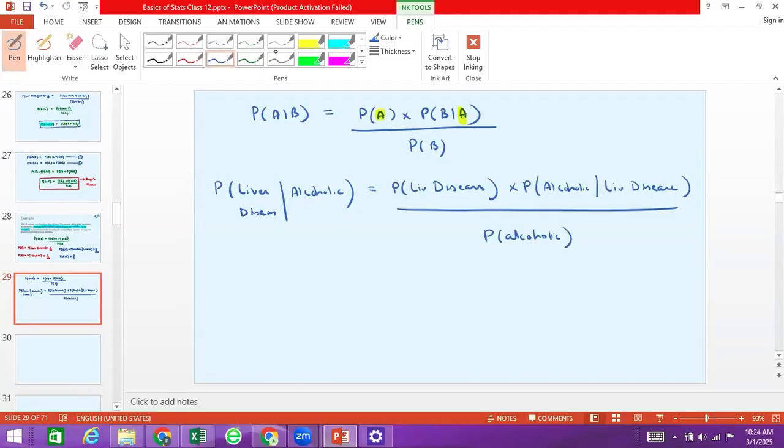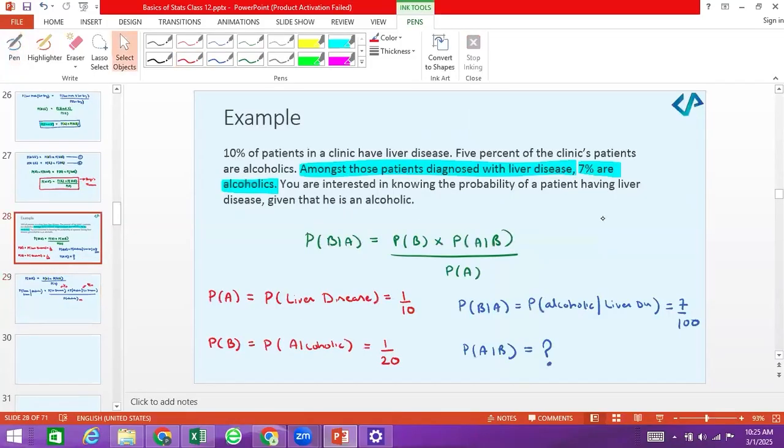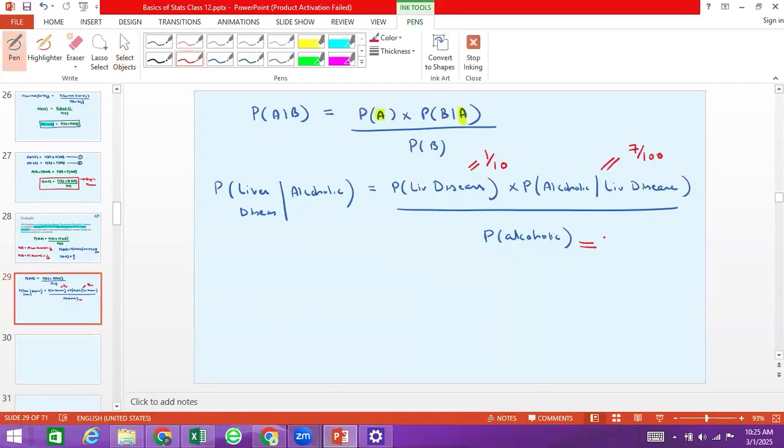What is the probability of liver disease? 0.1, 1 by 10, right? What is the probability of alcoholic given that he has liver disease? 0.07, 7 by 100. I'll keep everything as fractions now. What is the probability of being alcoholic? 0.05, 5%. Right. So it is 1 by 20,